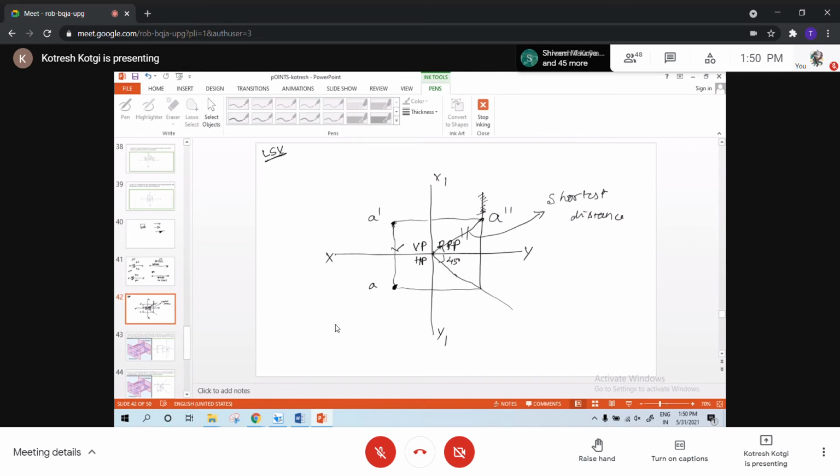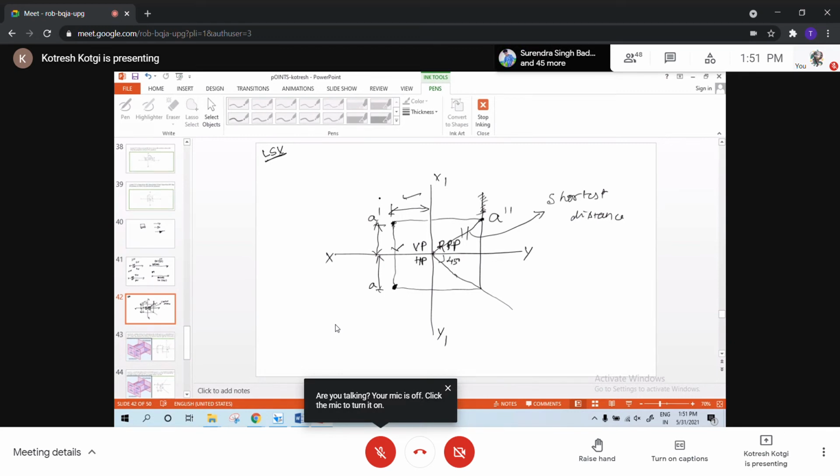Okay. Now this is the procedure. What are all the possibilities? Possible dimensions for a particular quadrant with three projections. They give distance from HP. This is distance from HP. They give distance from VP. And if they give distance from RPP, this you'll mention. This is distance from RPP. So if you know distance from RPP, HP and VP, you can complete the top view and front view. And then how to get the side view, you know the procedure.